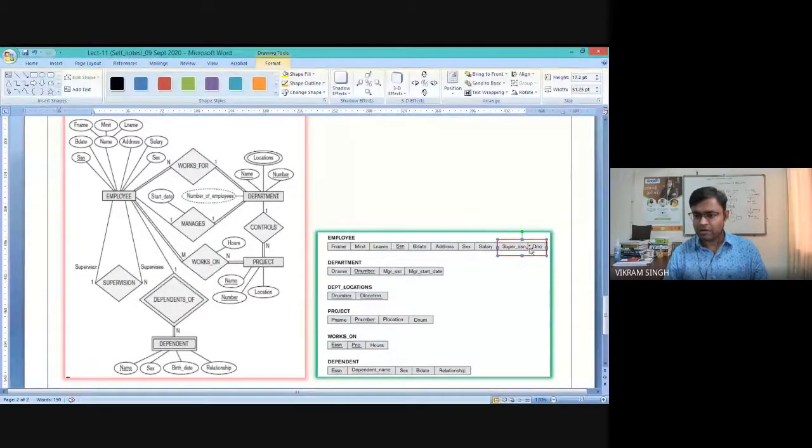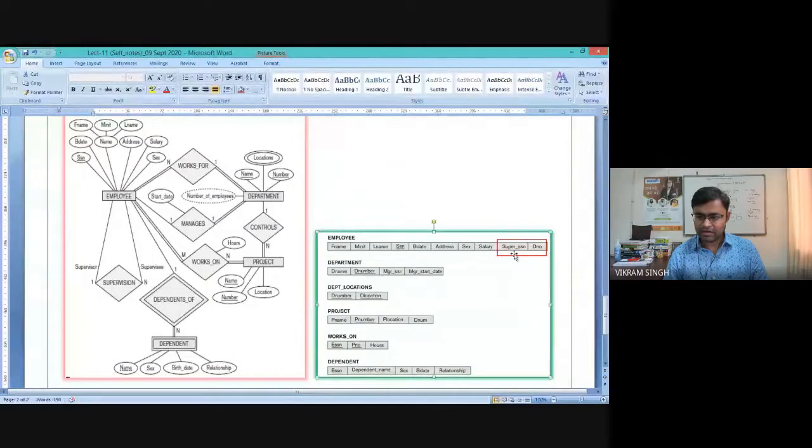Now, if you focus on super assistant, D number here, in the case of this D number, or these two, or maybe ESSN, these are basically some attributes which are acting as foreign keys also, right?